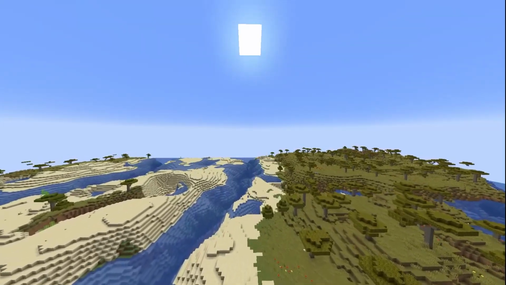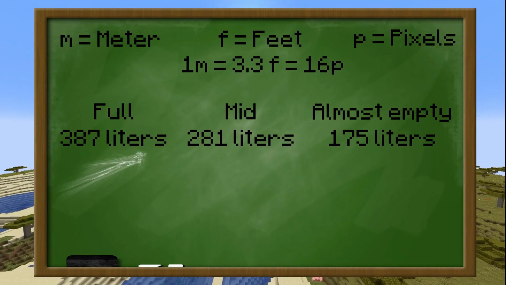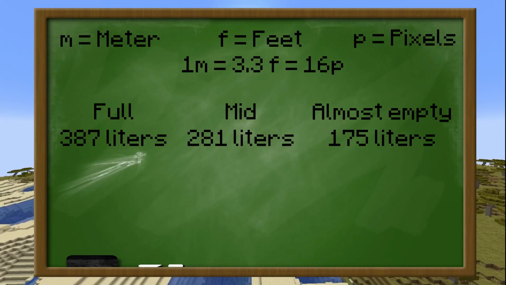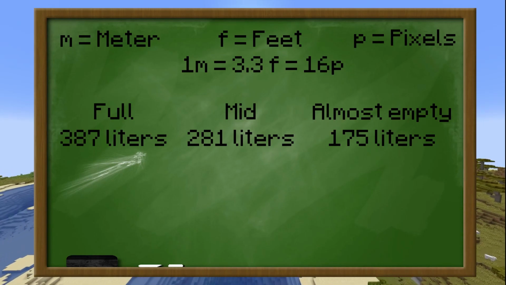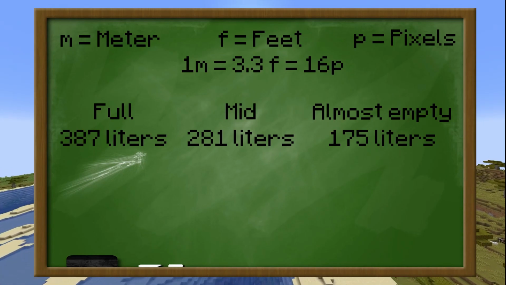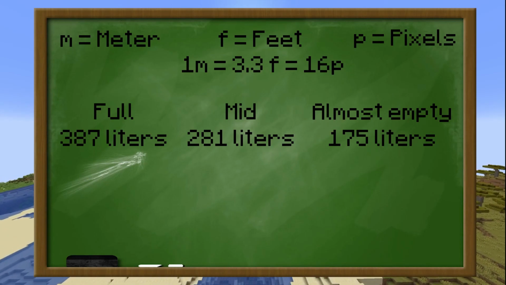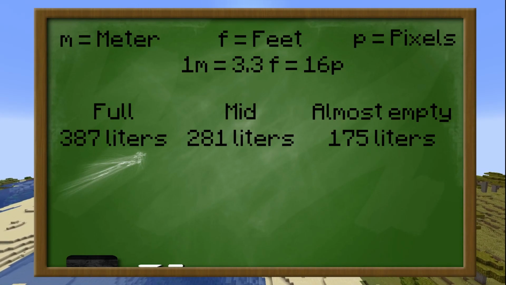That doesn't make sense. The full cauldron is 387 liters with water, of course. And the second stage is 281 liters. And the third one is 175 liters. Not only does that not make sense of the cauldron, nor does it make sense about the item we made